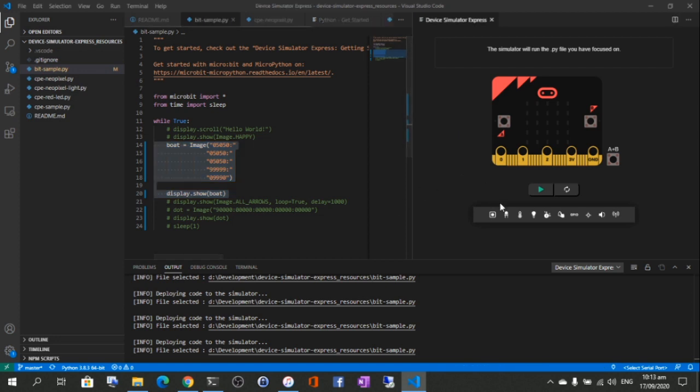So we'll just press, we run it. So we have now the boat image. Okay, notice that this part here is not